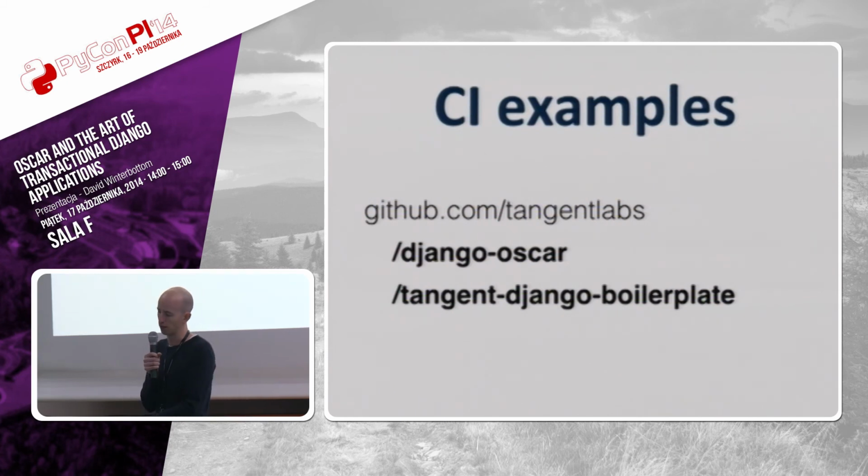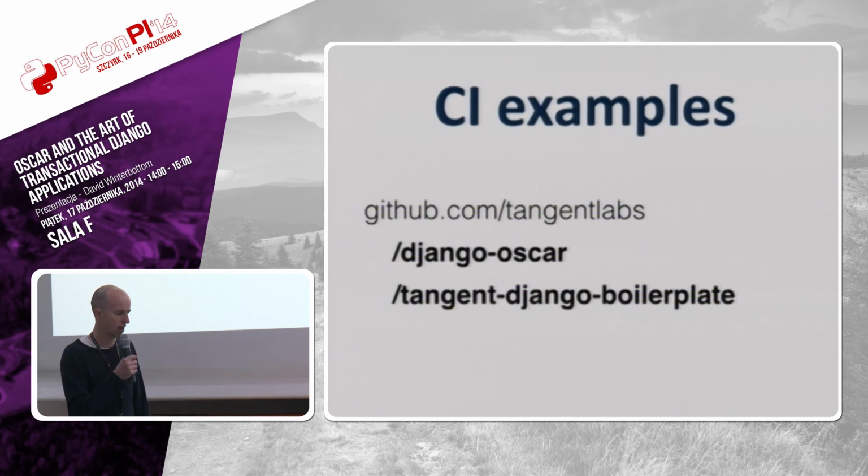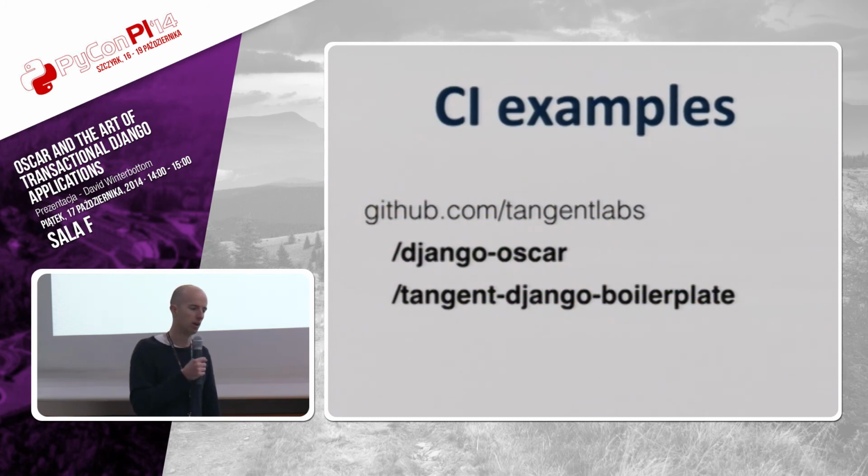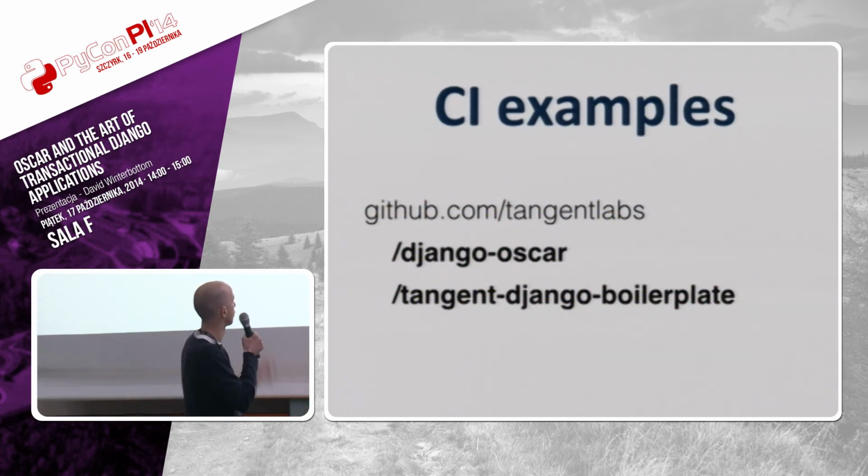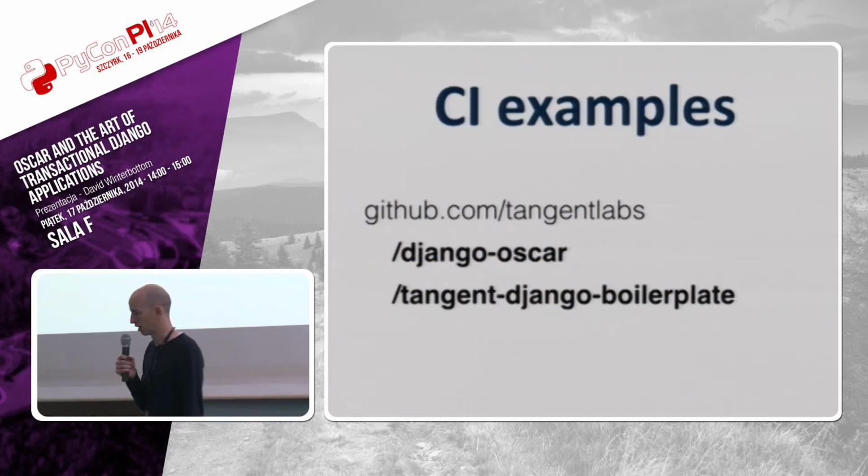And Tangent also have a boilerplate project. I think it's similar to the cookiecutter project. It's a templated Django setup. It's quite nice. As soon as you clone it, it's got some simple tests, so you can add it to your CI on day one, and it's got some helpers for PyTest and that kind of thing. But it's also got a nice makefile, which will let you build your project in one command.